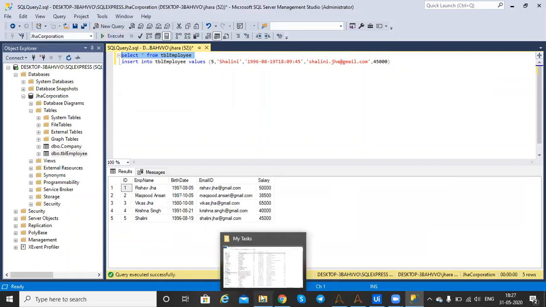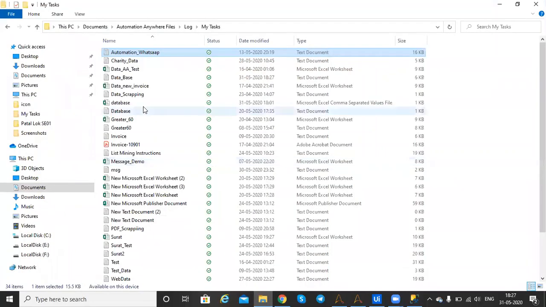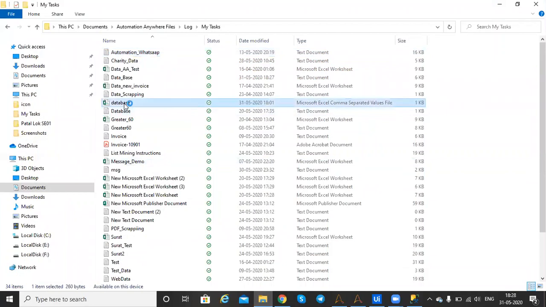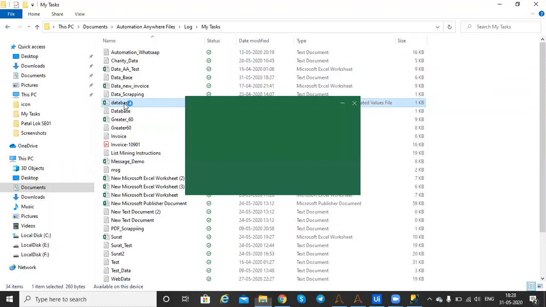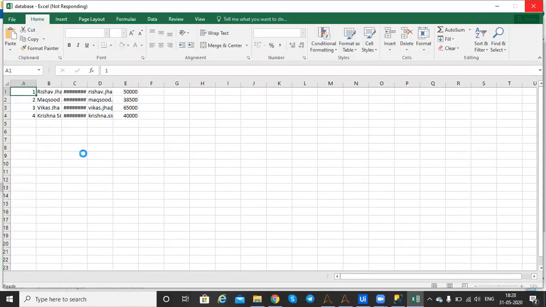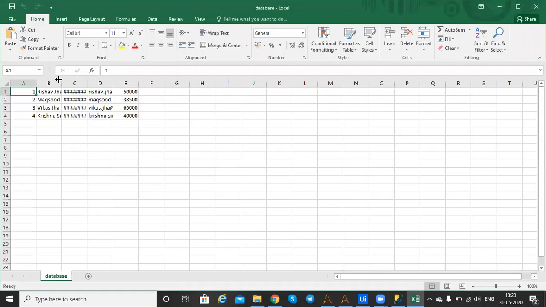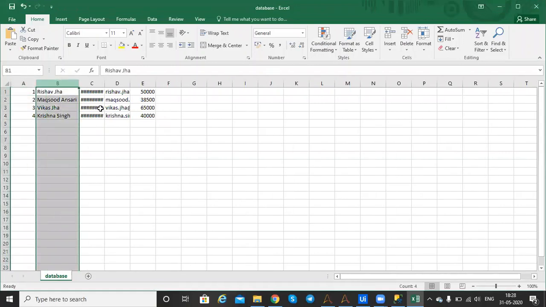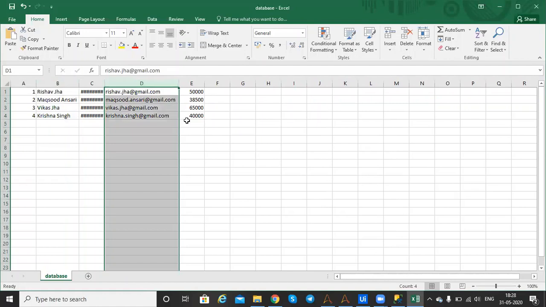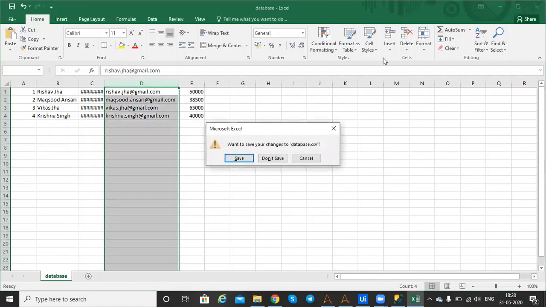I hope we get the data in the Excel file also. Here is our database CSV file; let me check what data we get. Here in the Excel file it didn't update.